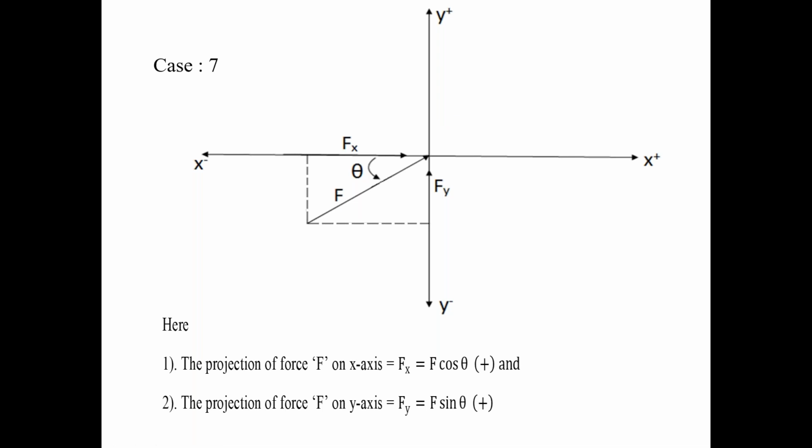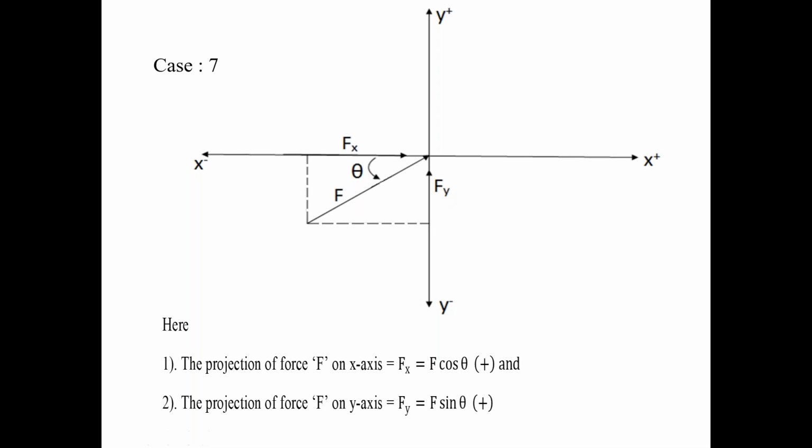Similarly, bring the pen onto the y-axis. Check out that pen nib on y-axis. Your pen nib on y-axis is towards the positive y-axis direction. Indicate the direction of Fy, the y-axis projection. It is lying on the negative y-axis, but the direction of Fy projection is towards the positive y-axis. So Fy is the positive projection.